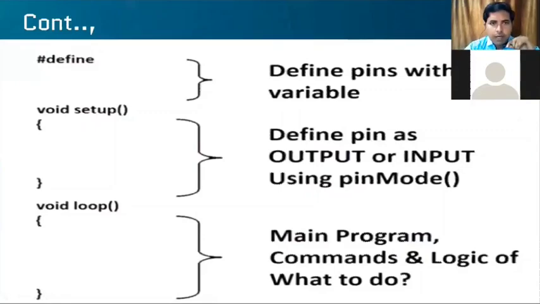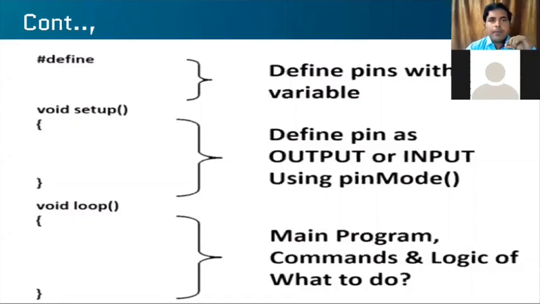Okay, next, I'll show again the same structure. See, Arduino IDE has three main structures. Always keep in mind the define, the opening and closing brackets, and you have to always keep in mind the colons and all these things. I hope you are aware of this from doing C programming. If you forgot, just open your basic programming notes and recall it. It will help for your Arduino session of tomorrow.